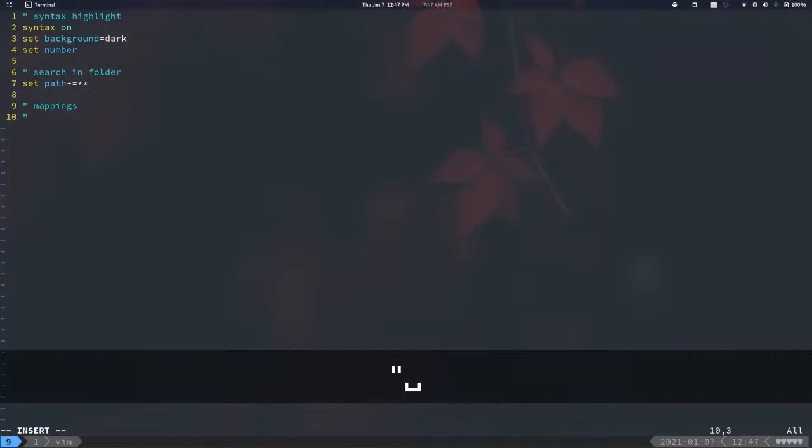In Vim, you can map basically any key, but it's common to use the leader key, that is by default the backslash key. So if I map, for example, leader D to open the Explorer on the left side,